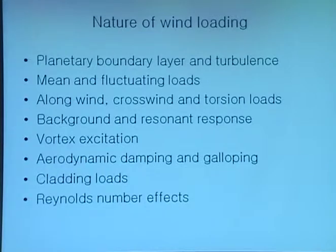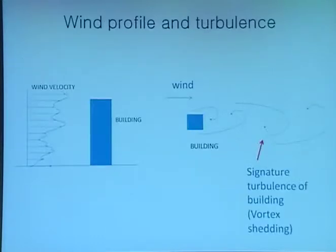So there is a section then on the nature of wind loading, so it'll describe the concepts like the planetary boundary layer, mean and fluctuating loads, what we mean by along-wind, crosswind, torsional loads, the background and resonant responses, vortex excitation, aerodynamic damping and galloping, cladding loads, and we should at least touch on Reynolds number effects as well. So these concepts will be familiar to many of you with